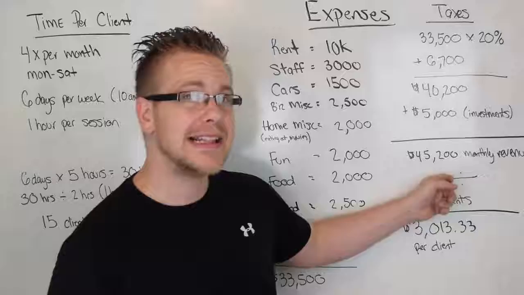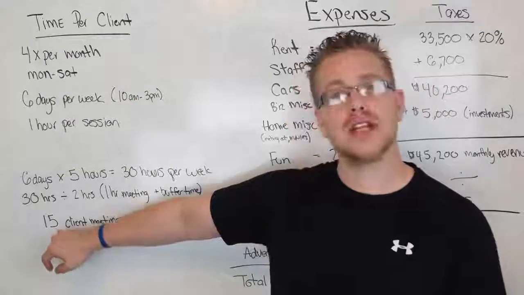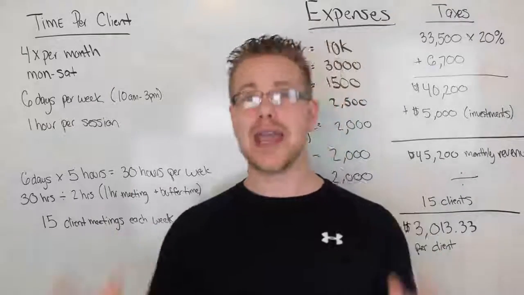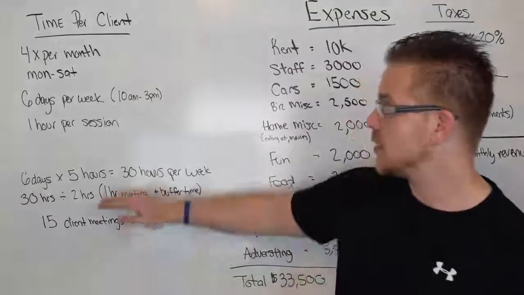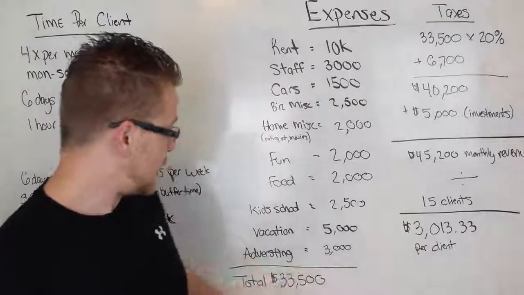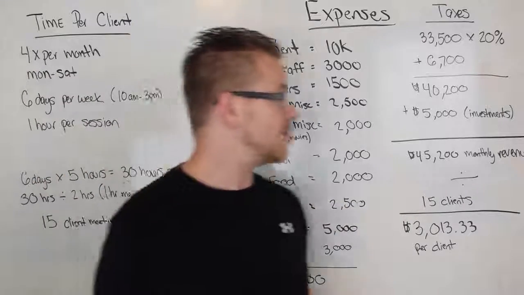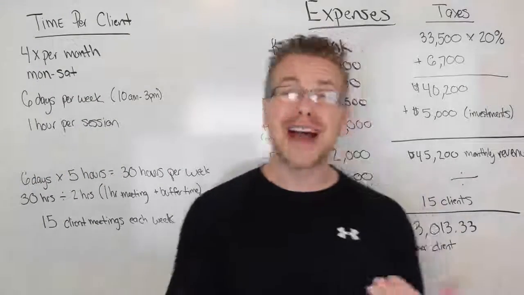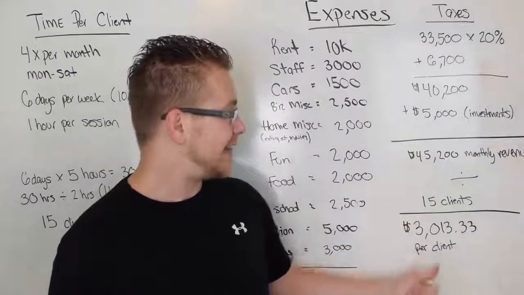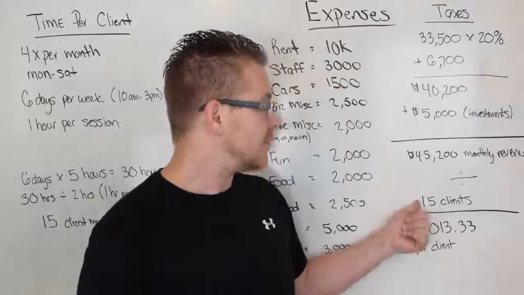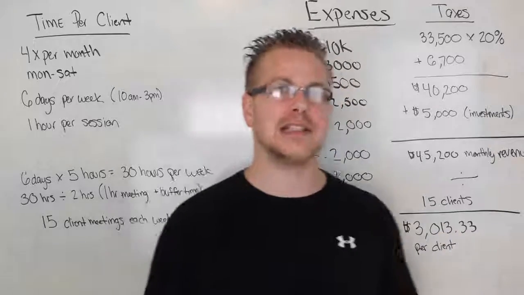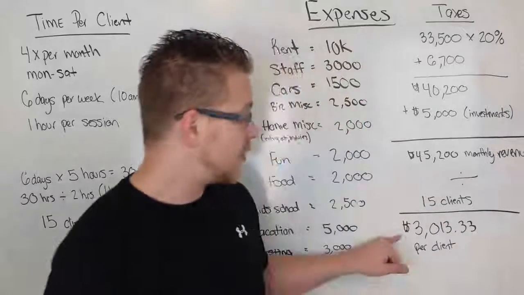Now, we're going to divide that by the magic number that we have over here of the 15 clients. Because now we've got to figure out how much each client needs to pay us so that we're only working 30 hours per week and we're taking home $33,500, but with a revenue of $45,200. How do we do that? Well, you divide those numbers. You divide 15 into 45,200 and that gives us a number of right about 15. It's like 15 point something. So 15 or 16 clients is all we need